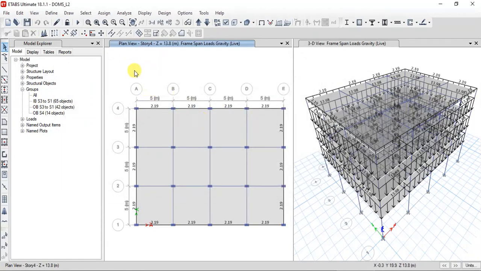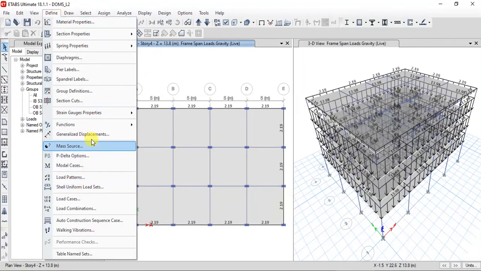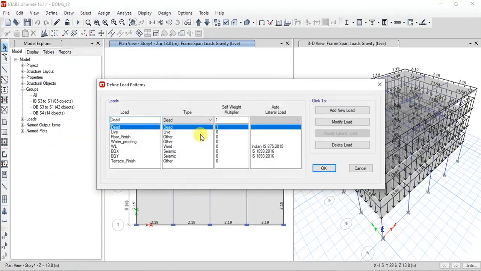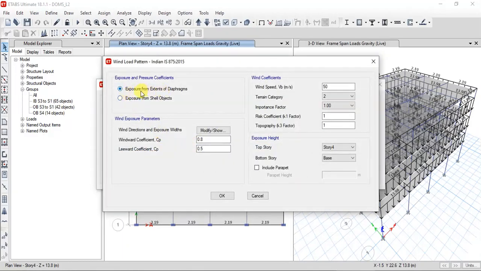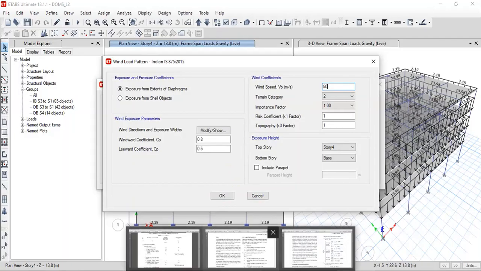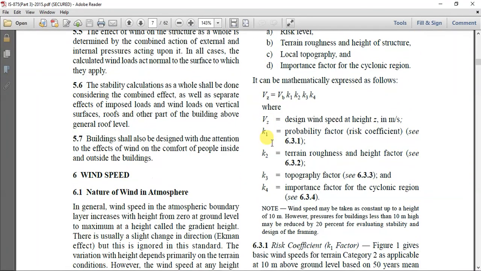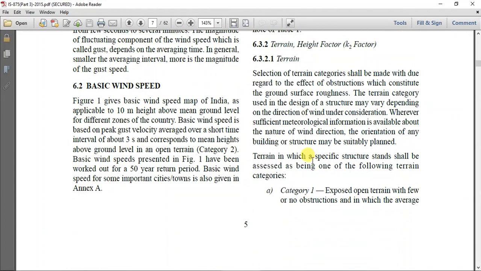Okay, now let us define the wind loads and the earthquake loads. We have already defined them, but we have to do some modification here. So in wind load, you'll ask for wind speed, which you will get based on the provision in IS 875 part 3, where wind speed varies from place to place.